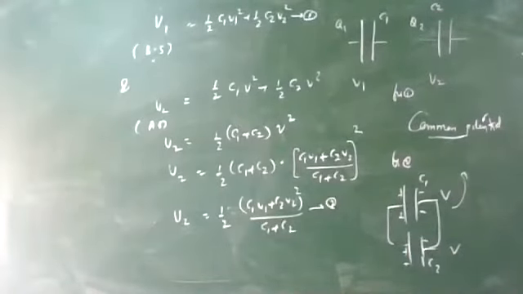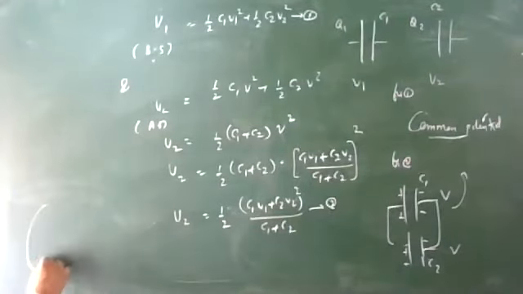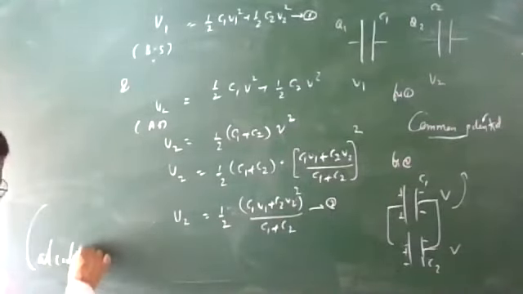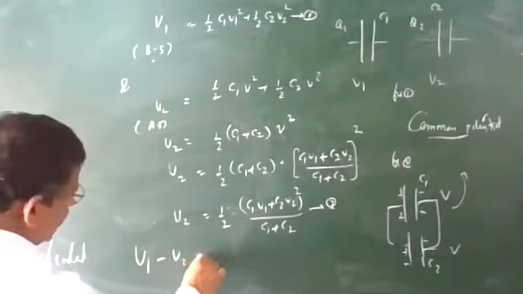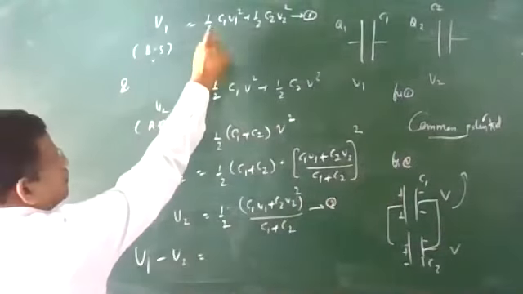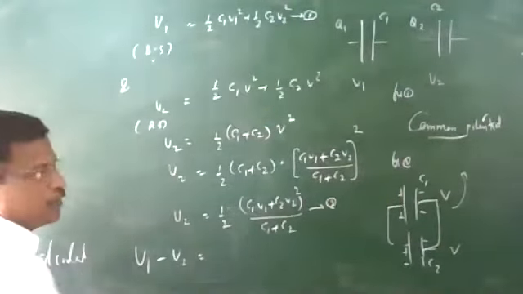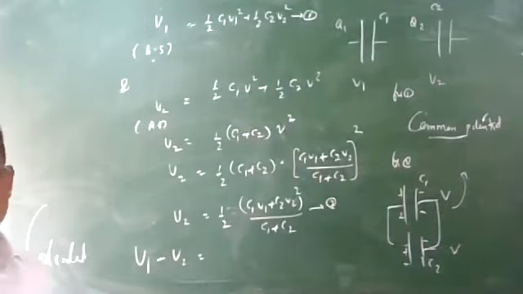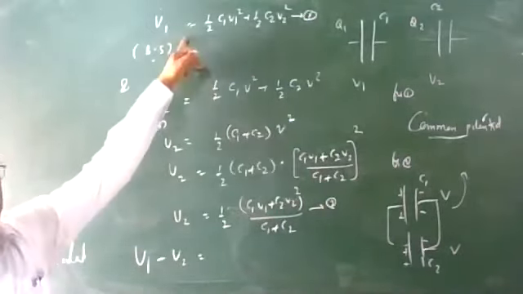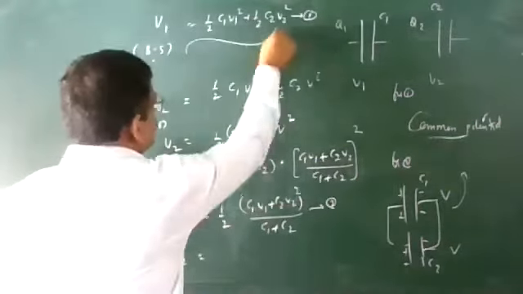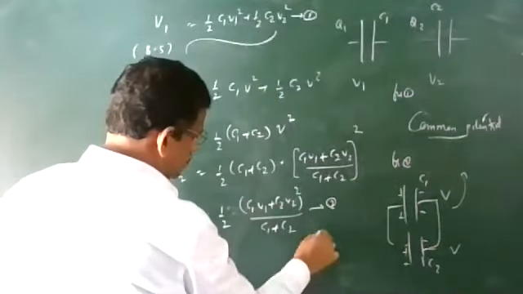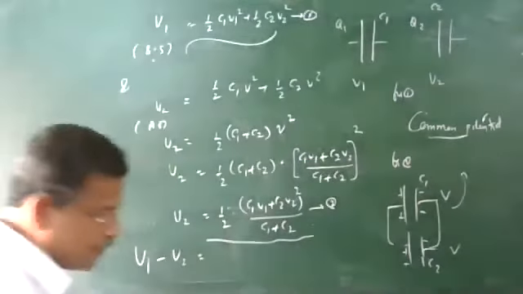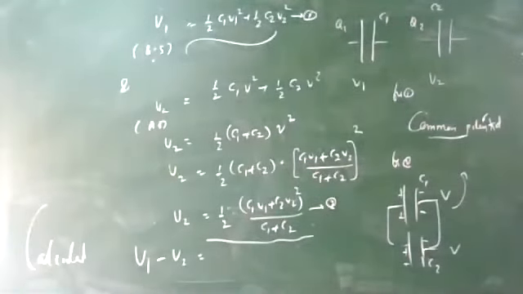We have to prove that. So it is your duty now. You have to calculate U1 minus U2. This value minus this value. You have to subtract and simplify and tell me the final value within 2 minutes. U1 minus U2, equation number 1 minus 2. Okay, subtract and simplify, calculate. Tell me the final answer.